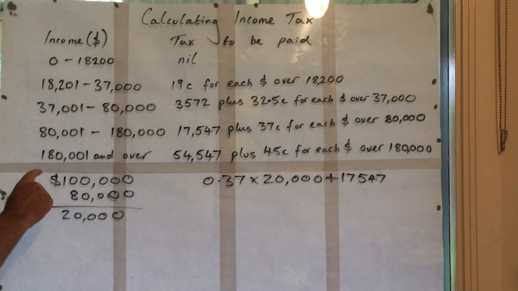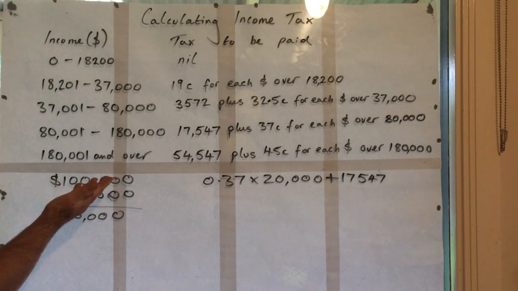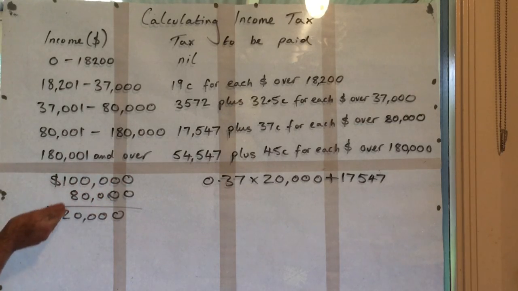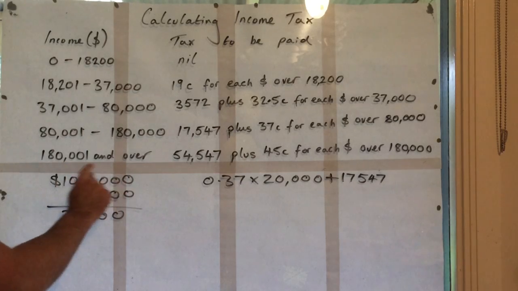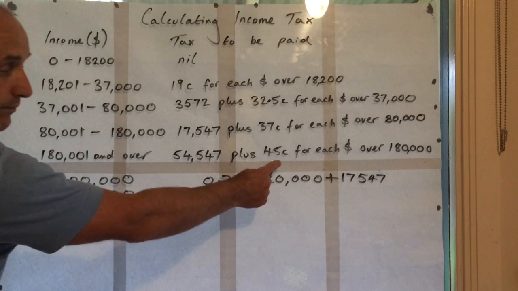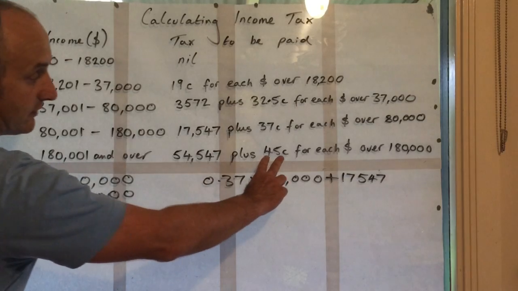So if, say for example, we are a really high earner and we earn somewhere in the region of $200,000 a year before tax, then our top $20,000 would be about 45% tax we'd be paying on that. Okay, but we're not paying 45% on all of our money, we're just paying 45% on the top